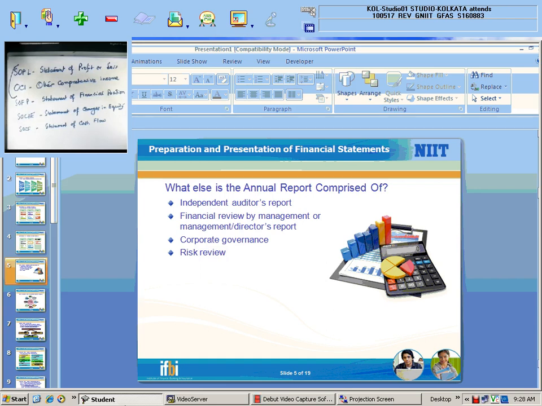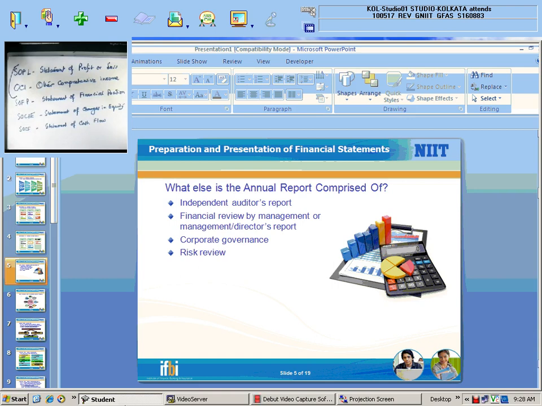So it's a report given by the director or the management to the shareholders of the company. It is called financial review by management or director's report. Then a report on the corporate governance, and lastly the risk review. So there can be 4 different reports in an annual statement apart from the complete set of financial statements, but we are not going to discuss these items